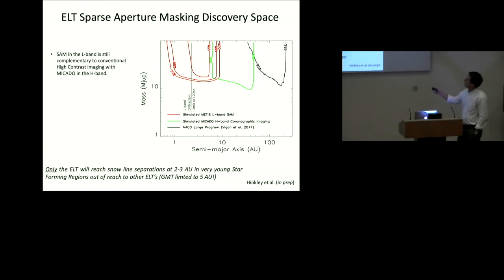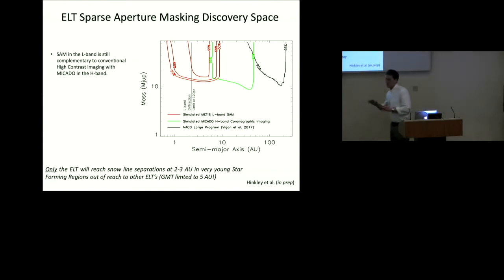I find that Mikado really does have excellent sensitivity in here, at even less than 10 astronomical units or so. And this is just due to the really impressive angular resolution that Mikado will achieve at H-band. I chose H-band because it's a medium between good resolution and also sampling the thermal properties of these planets. So what I'm arguing here is that there's a place for sparse aperture masking to really get into these close angular separations and complement the kind of work that things like Mikado, and also METIS with conventional